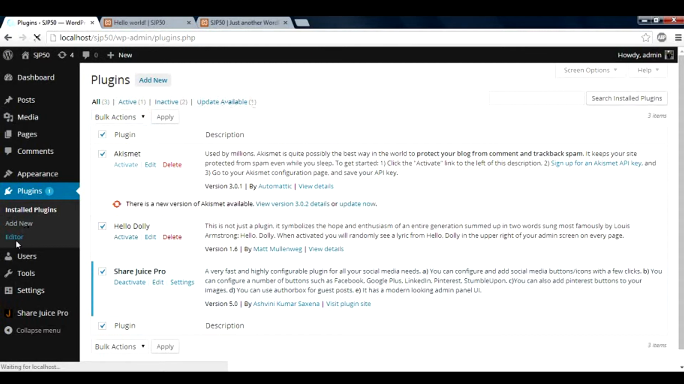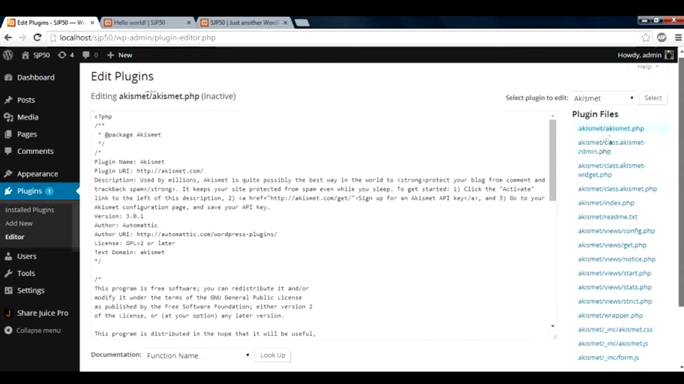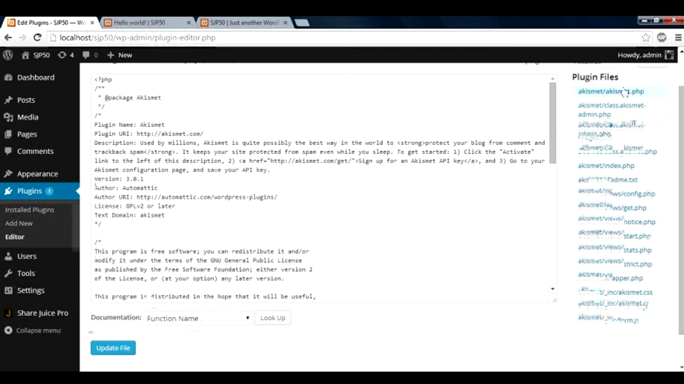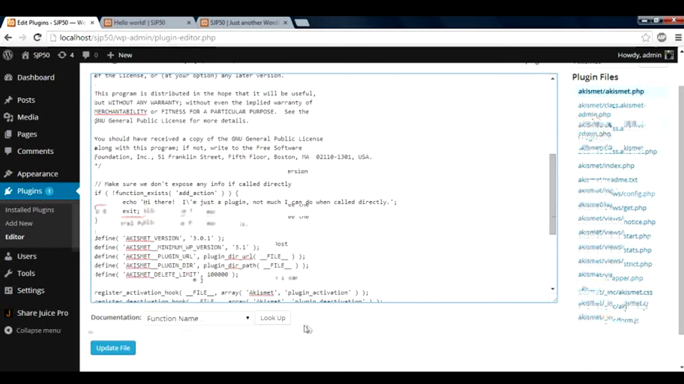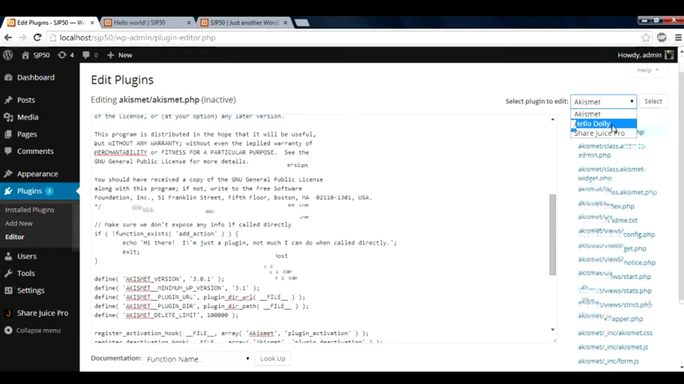plugin. So if I click on the editor, I have a lot of files from the plugin. Basically a plugin is a collection of a lot of files, and all these files are here, and I can click on any of these files and make changes. If I am good at PHP and CSS, then I can go and edit these files and then update them. I can also change the plugin that I want to edit. For example, if I want to edit this plugin, I would go to Hello Dolly, press select,